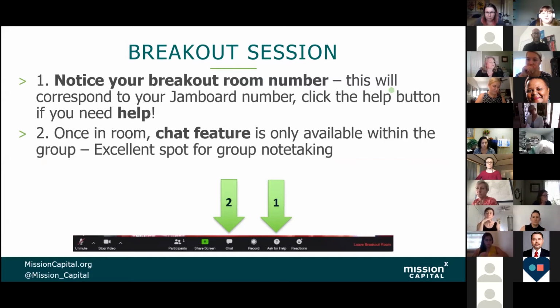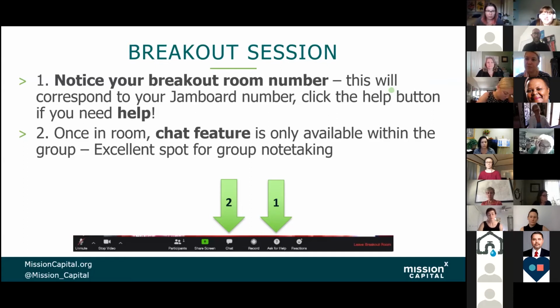This first breakout room is the opportunity to connect with other nonprofits, introduce yourself, introduce your organization, and then have a similar conversation to what you saw here with our Mission Capital facilitators. So asking yourselves different things about what's going on with you, what you're identifying as pain points, and then where you're seeing inequities show up in the work as well.